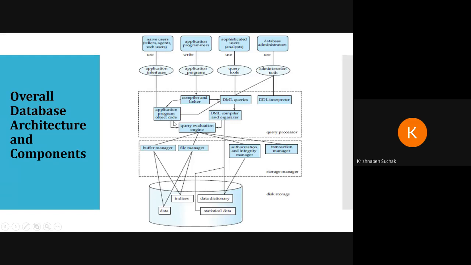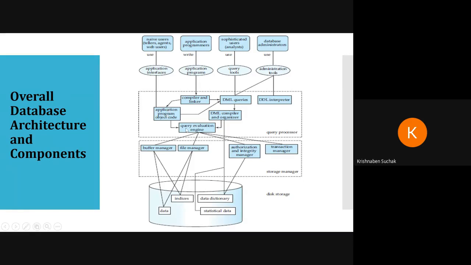Now in the query processor, the application program object code is related to the naive user, because naive users access this object code, or you can say program, with the help of the application interface. Then the compiler and linker process their program with the help of the application program object code.